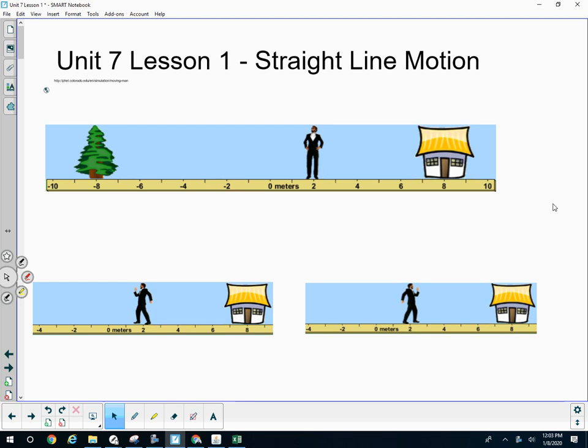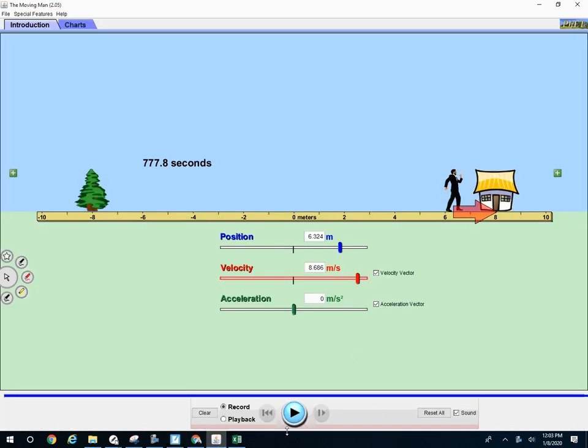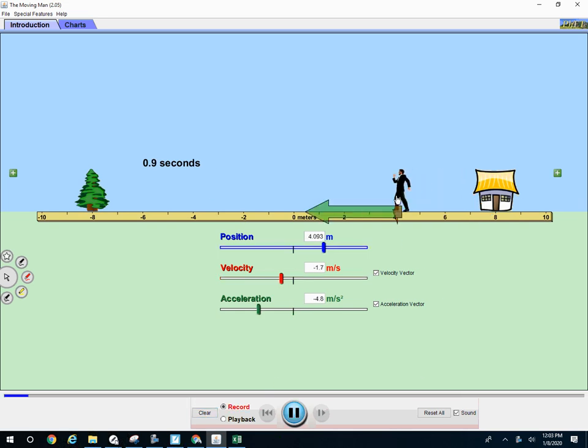Okay, so we're going to talk about motion. We got a guy. He is moving in what we call a straight line. This is straight line motion. Here's that guy. Clear. Okay. Now, the guy